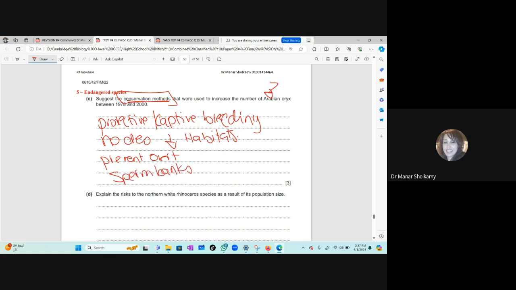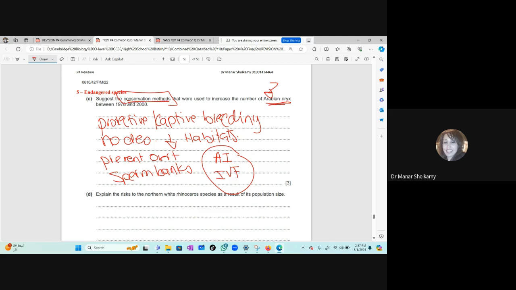Also, I can take their sperm and do what? Artificial insemination, in vitro fertilization. I don't need to explain them here, just mention them. Okay? I have only two of those Arabian oryx on Earth, a male and a female. I want children, but they're too old to give birth or they don't do it naturally. So I can do artificial insemination and in vitro fertilization for endangered species to try to increase their population and